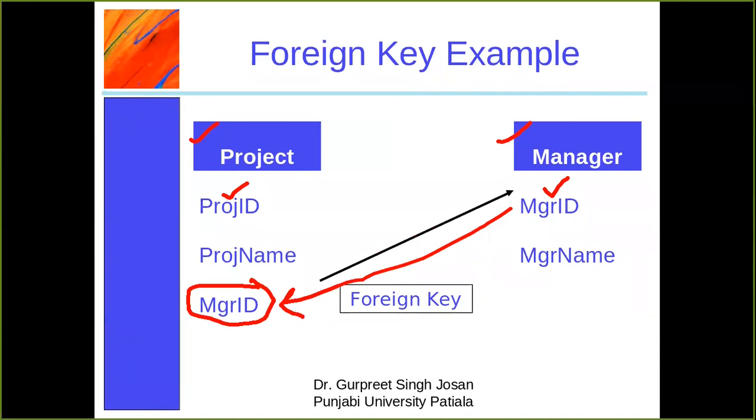So it is a very simple concept, but बहुत सारे बच्चे इनको confusing समझते हैं. But think about this, कि foreign key is basically a primary key in some other table. So in some table it is a primary key, in another table it is a foreign key. Why do we need to add the foreign key? Because we want to represent the relationship.